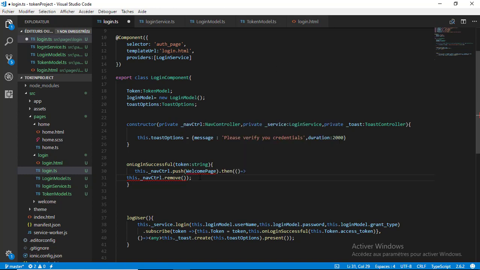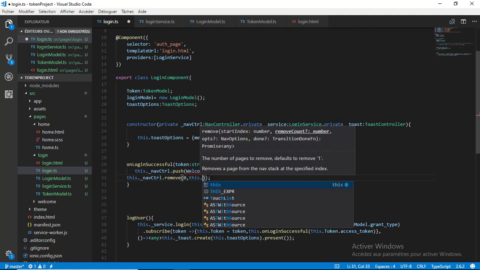In our case, we do not need that arrow that will take us to the previous page, because after authentication the user could click on that arrow and go back to the authentication page. We don't need that arrow when the user logs in to the application. If he wants to go back to the authentication page, he must use a logout button to log out from the application and go back to the authentication page. So we have to remove that back button, and this is what I am doing right now. So that remove